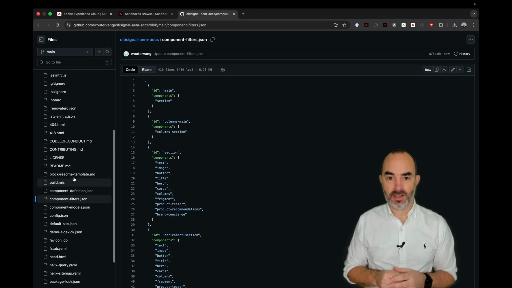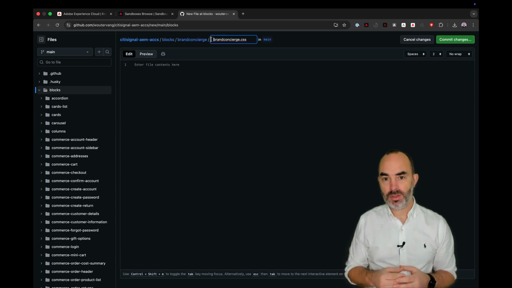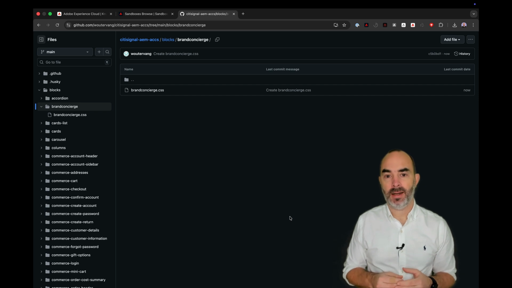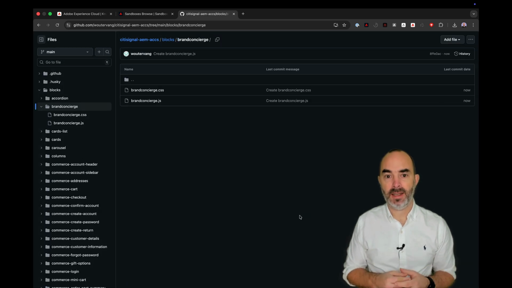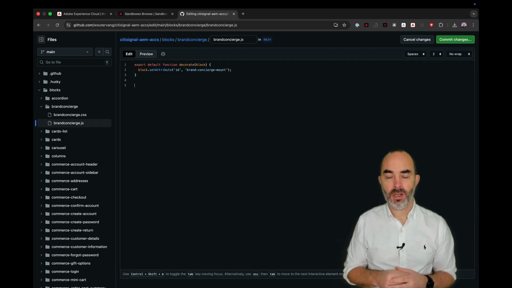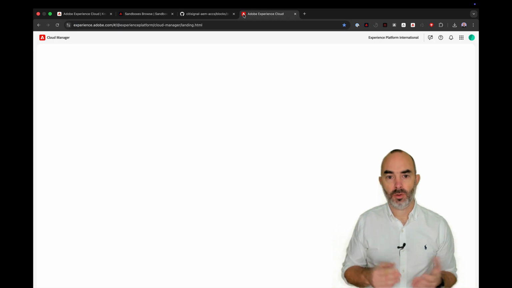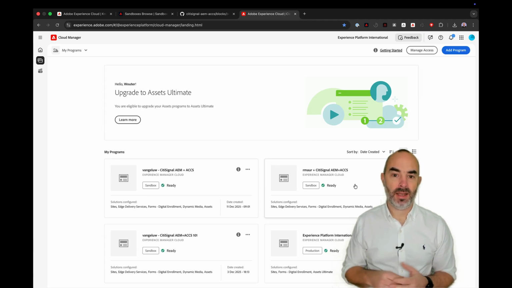Blocks also need a CSS and a JavaScript file which go into a dedicated directory under blocks in my Git repo. The CSS file is kept empty for now, and in the JavaScript file I'm just adding this code so I can have a specific div ID become available on the website, which will be used by Brand Concierge. The block is now created, so the next step is to drop it on a page in my AEM